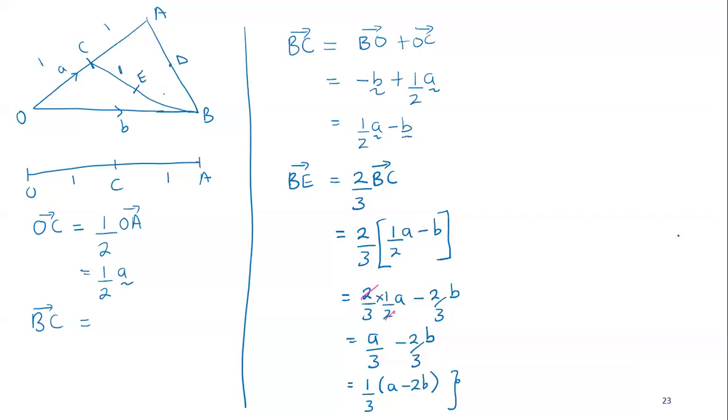How was... Oh, I don't know whether AM was obtained how we got the half A. A half A, because this line has two parts, but O to C only takes one part of all the two parts. So that's why we said a half of the whole line of A.